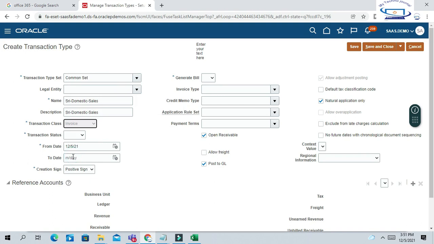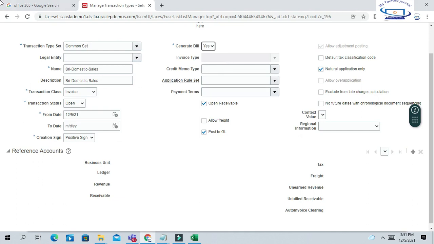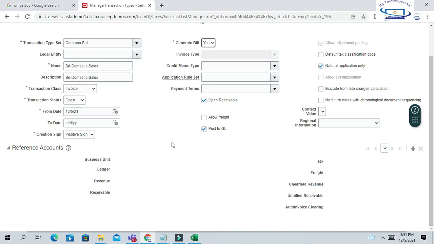The transaction class is invoice, the status will be open, and it will be effective from today. Generate bill is yes, which means whether you want to generate a customer invoice using this transaction type or not. Open receivable and post to GL are yes.